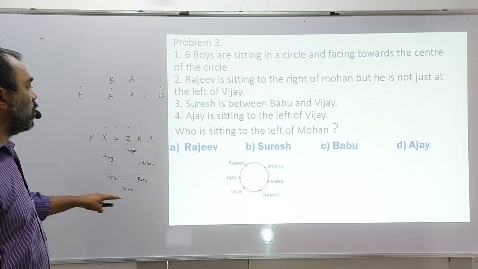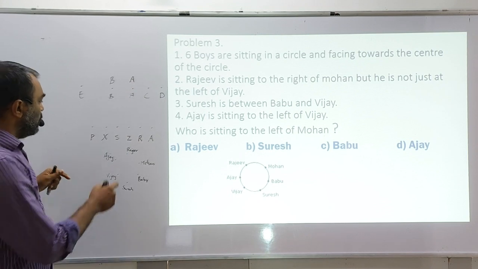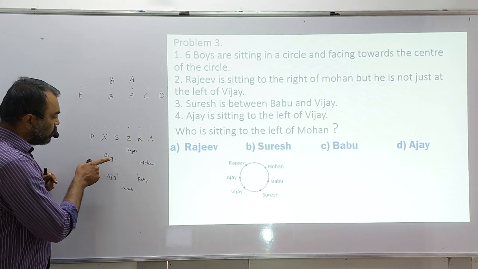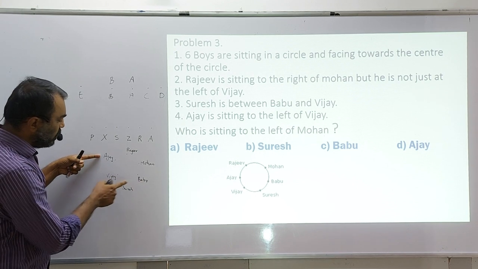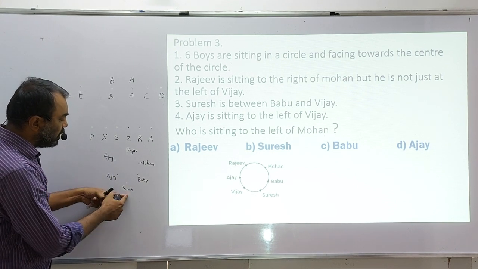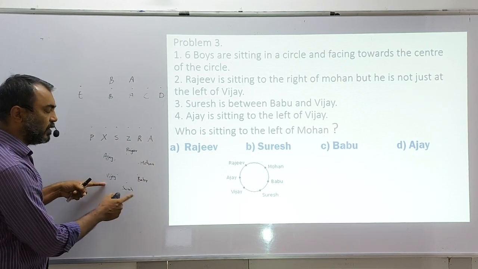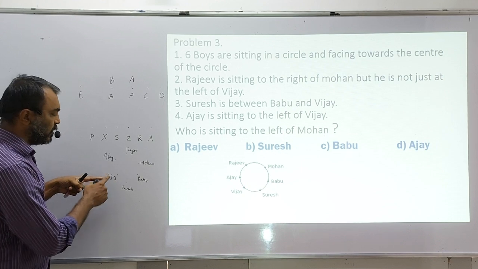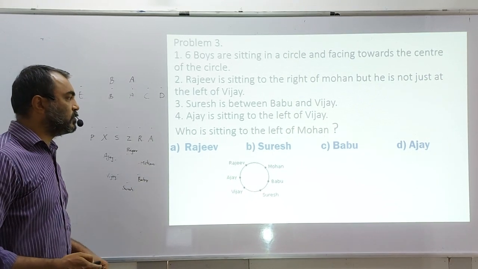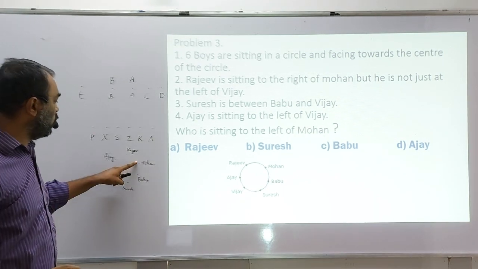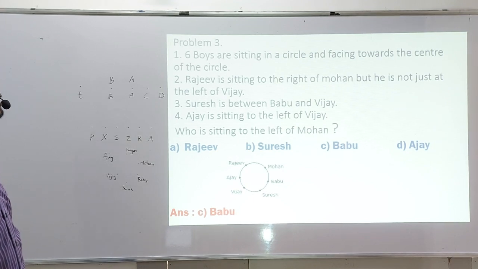In the first try I got the circle right. But I followed the instructions. Now what happened? I knew that Vijay cannot sit here. So Vijay could sit here, here or here. The first thing I tried was here. You must have tried here or here. So you can try. If it doesn't match, rub it off, change place again. Doesn't match, rub it off, change place again. Come to a combination where you get it correctly and then you will have your answer. So who is sitting to the left of Mohan? We have Babu sitting to the left of Mohan.